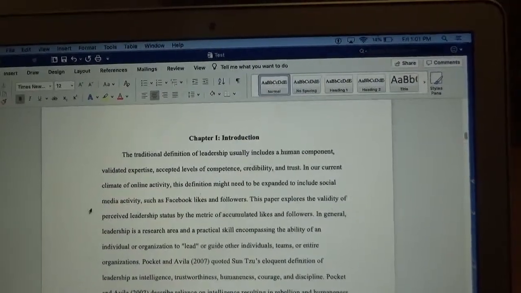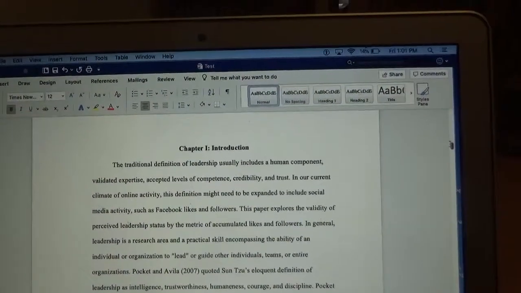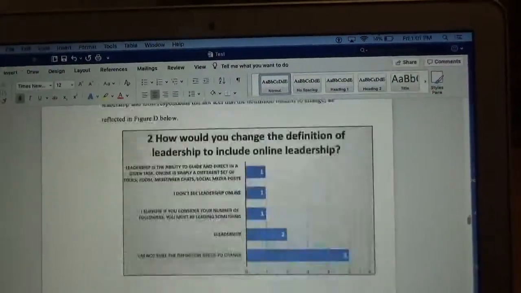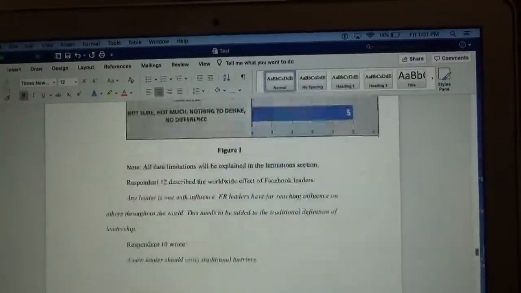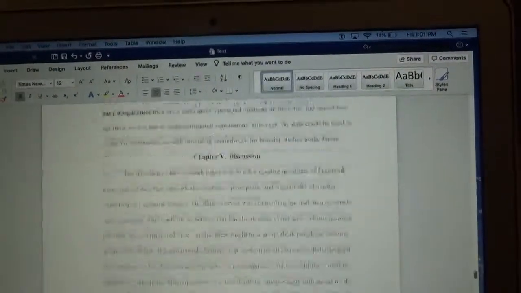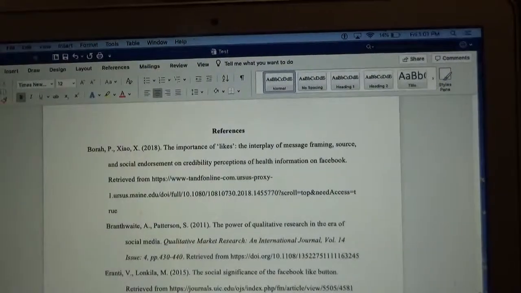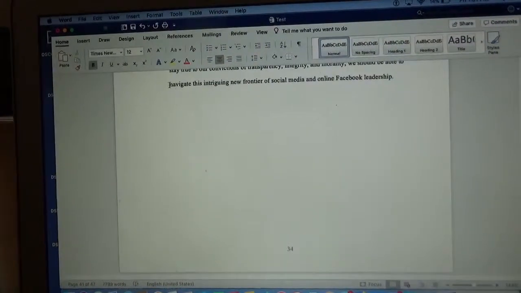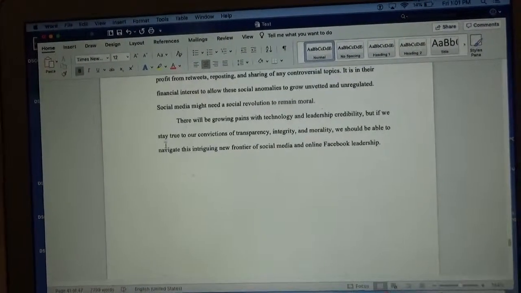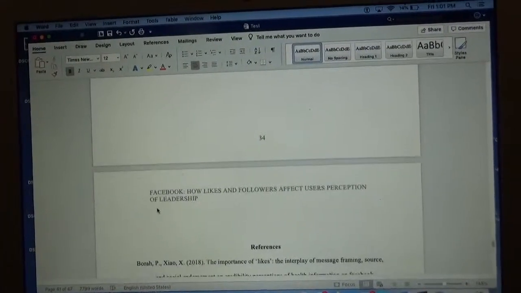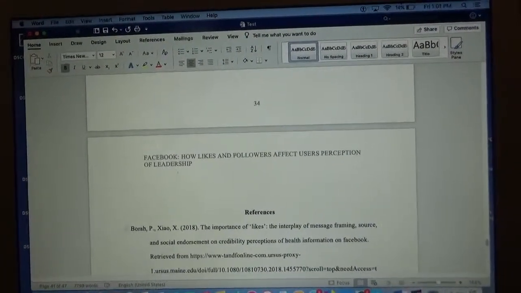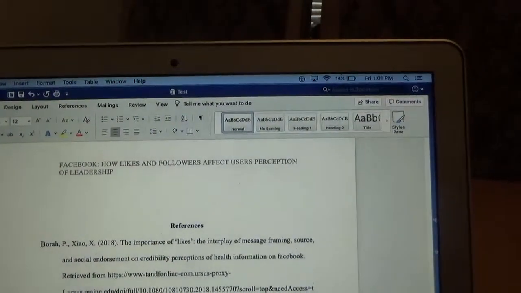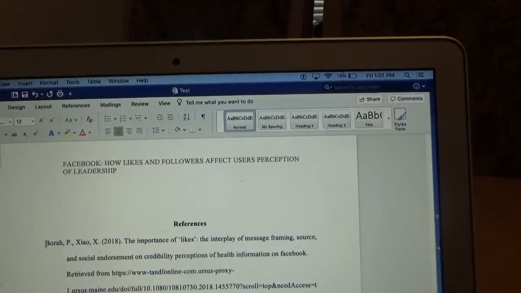Okay, so you want the whole paper to be 1.5 on the left. And let's go all the way down to the references. And I'll show you what's happening. So if you go up top, and as you're looking through your paper, you're just eyeing it here. You're seeing that your border, your 1.5, is here, and then when you get into the references, it's not. You see how it's over to the left more? So what's happening is you need to